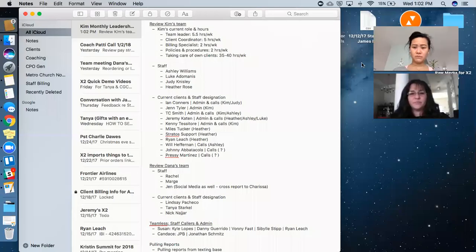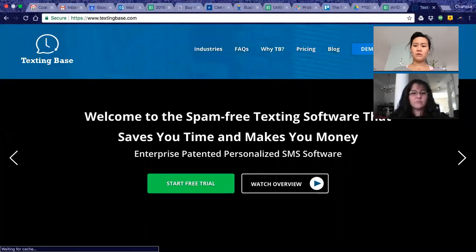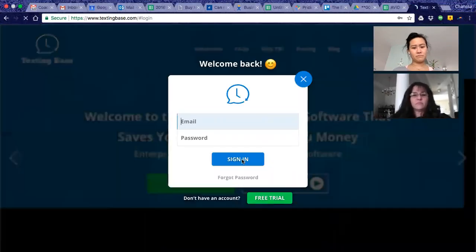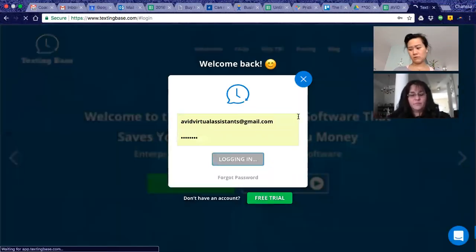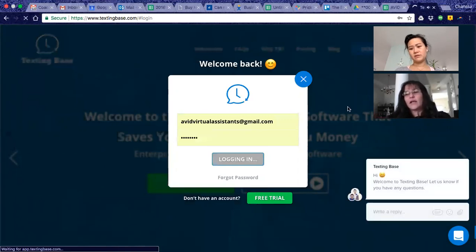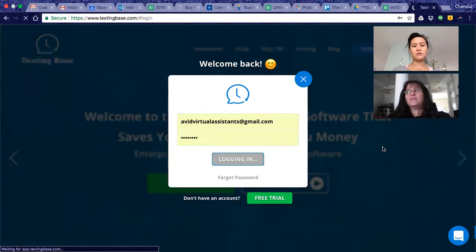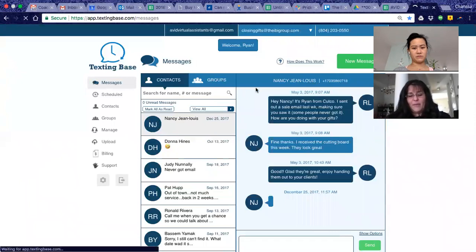Okay, so this is how you do it. You log in. Do I need to use your login? Ideally, then you don't have to log in and out of each person's stuff. Yeah, because I don't think I have a parent login. Just use mine. Usual Avid login? Yeah, this one. And the password, is it your usual Avid password? Yes.